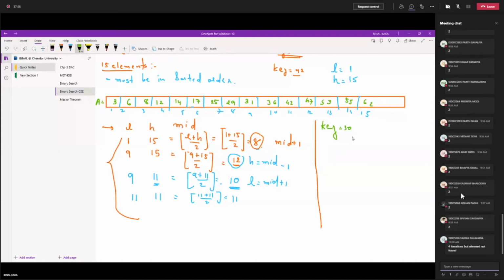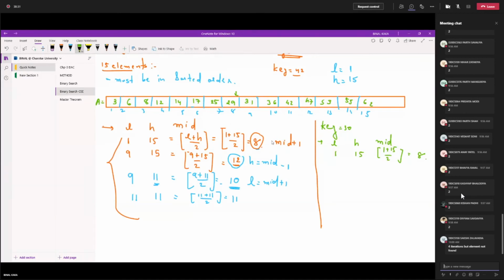So I have to find the key element 30. Basically I start from low and high. I know from seeing this array that 30 is not available in the array. But let's see what happens if we apply binary search. Low and high will remain the same, 1 and 50? Hmm, so I'm finding the mid value, 1 plus 15 divided by 2, so I'll get 8. Currently I am on position 8, and the value is 29, right?